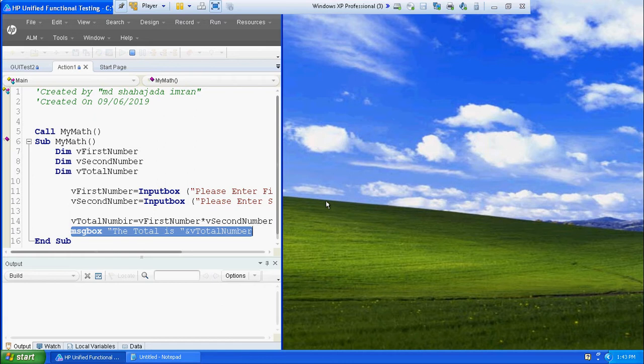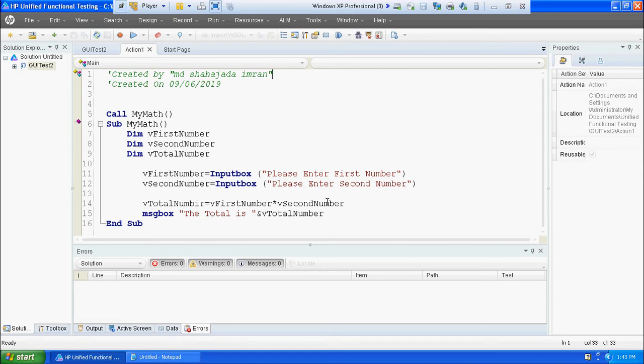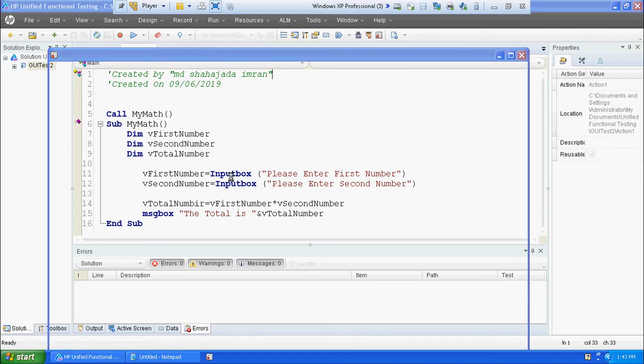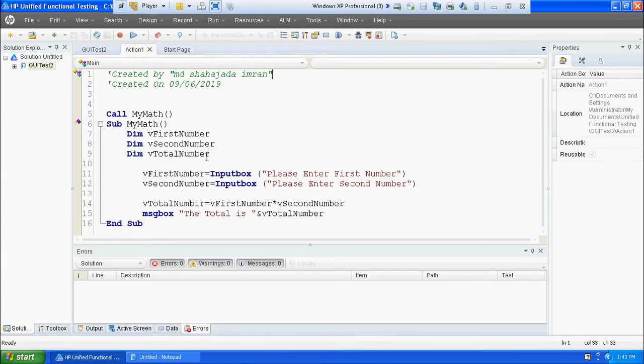Okay, so let's debug the code. Let's examine the code and look closer to see where the mistake is. Now I can check closely each and every line for the error, or I can use option explicit. If I write option explicit here, and run it,